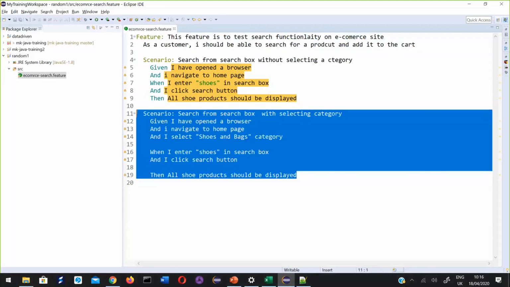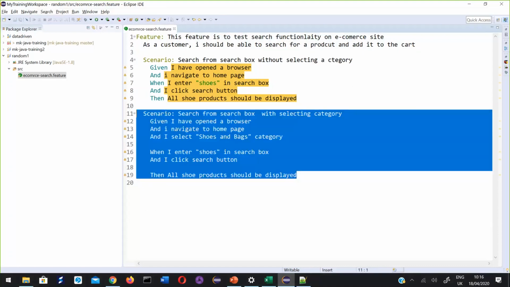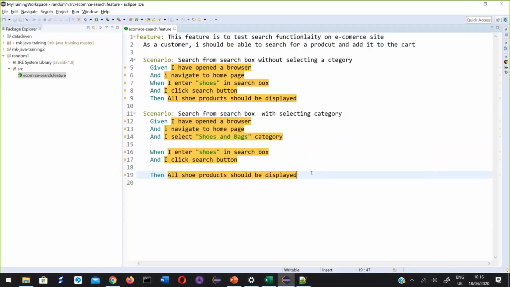So does it make sense, this scenario? Do you have any confusion around this? No confusion, right? No. Okay. Let me write one last scenario.